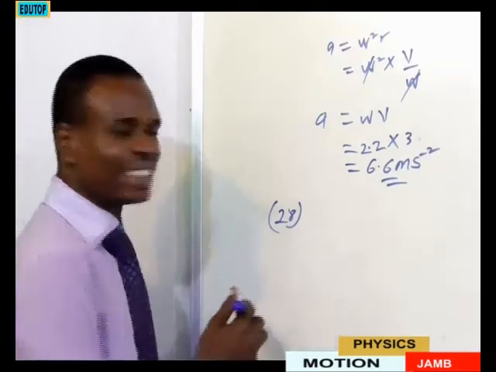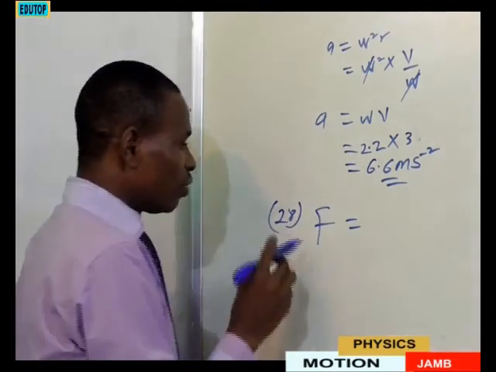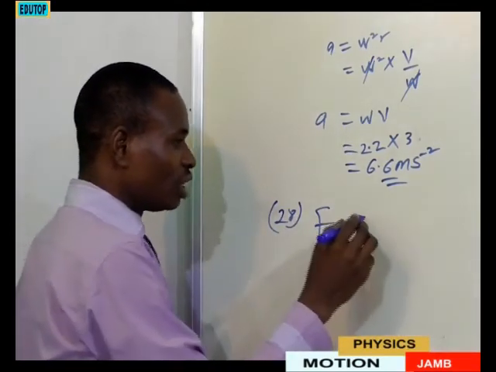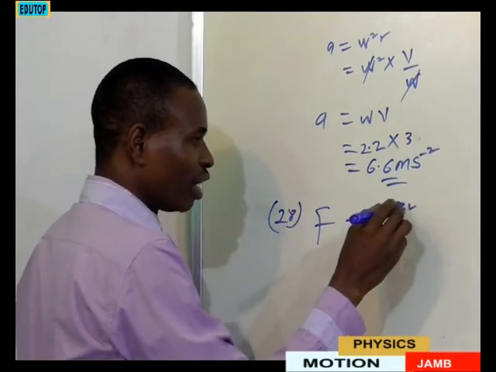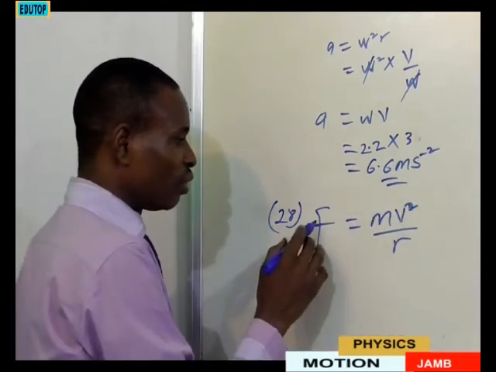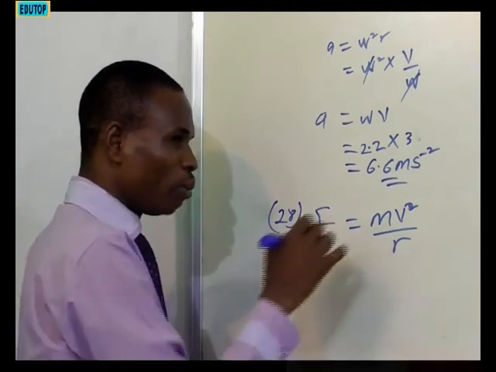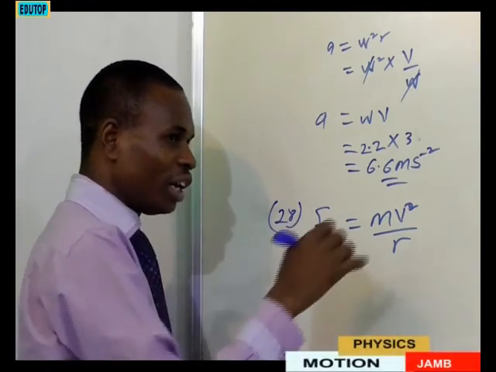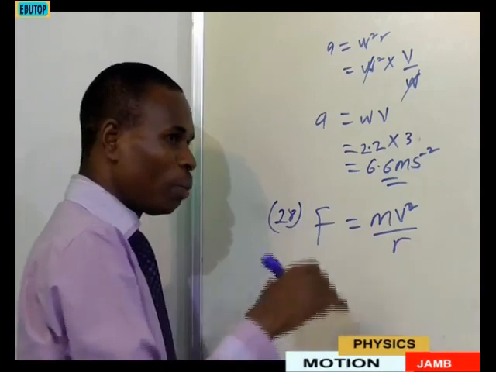This is what we call a centripetal force. The formula for centripetal force is equal to mv squared over r. Centripetal force is the force that is keeping a body undergoing circular motion, keeping it towards